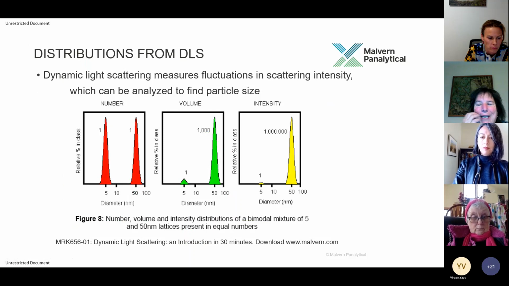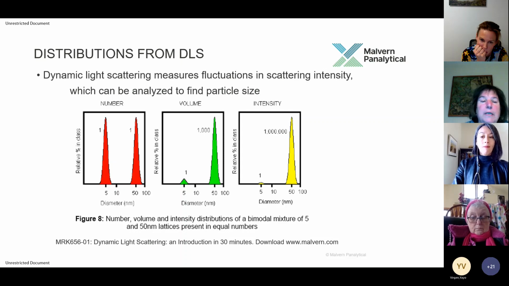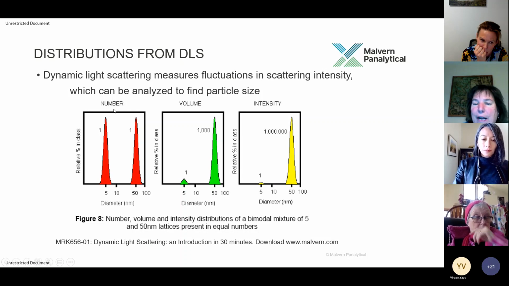The one other thing I want to point out, because I was just talking about polydispersity, is to always keep in mind that dynamic light scattering is based on an intensity weighted distribution. The rawest form of the data is intensity weighted, which means it's based on diameter to the 6th power. If I mix 5 and 50 nanometer particles in equal amounts in a solution, by number, if I made